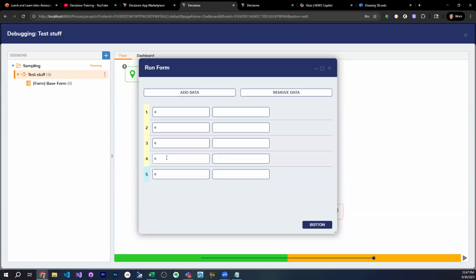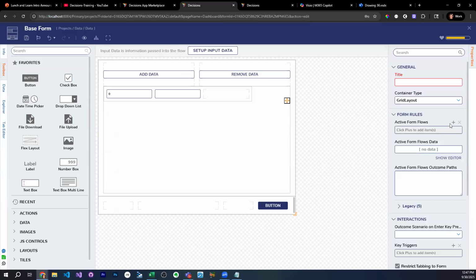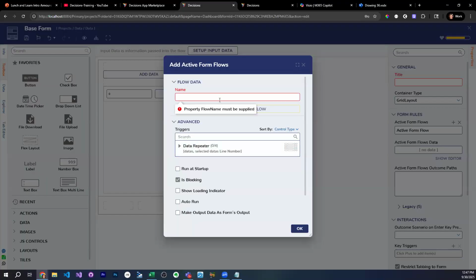You could. I'm trying to think. I'm working through the logic in my head. I think you'd have to create another active form flow, and that active form flow would be like check requirement. You would call it check requirement. And in the active form flow, I could show this because you'd have this also in your version 8. You'd create another active form flow and it'd be like check